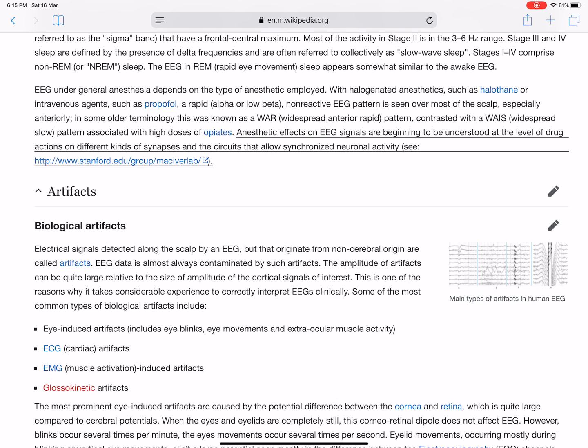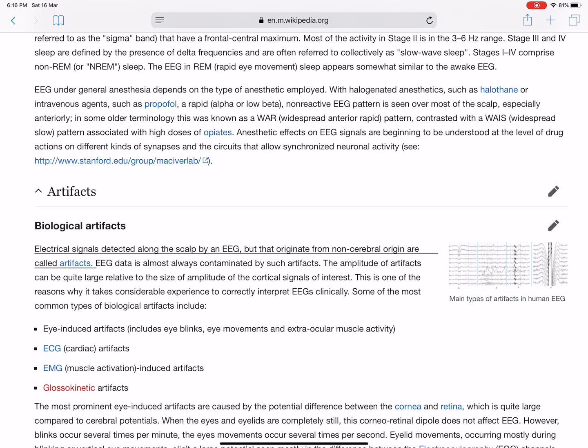See http://www.stanford.edu/group/McIverLab/. Artifacts. Biological artifacts. Main types of artifacts in human EEG: electrical signals detected along the scalp by an EEG,